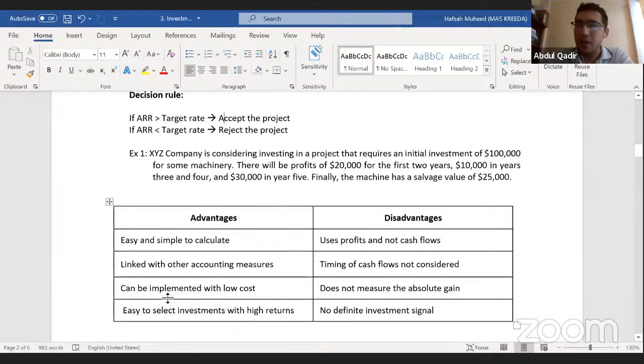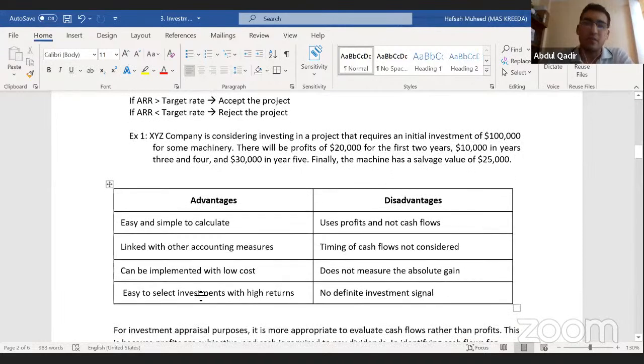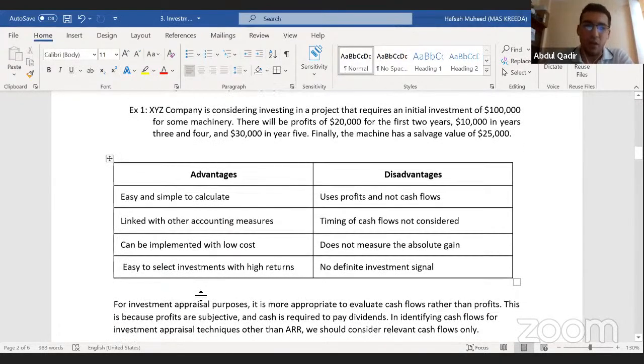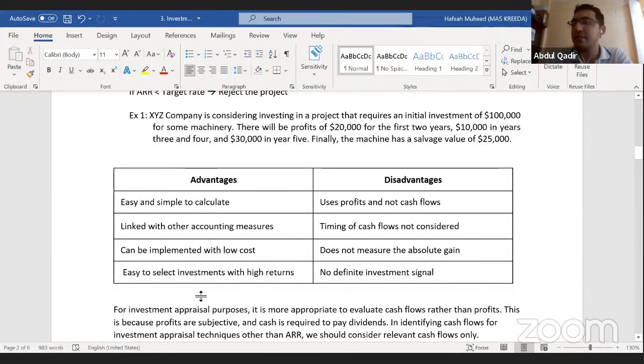Right, so I'll skip that for now and move on to the advantages and disadvantages, because like I said, in paper 1 the last 20 questions are objective test questions, and these are theory areas which are tested. Sometimes they may tell you to write the advantages and disadvantages of certain methods. So when we take ARR, let's look at the advantages. It's very easy and simple to calculate. It's just a formula, so it's not very complex. You apply the information to the formula and then you get your answer, right?